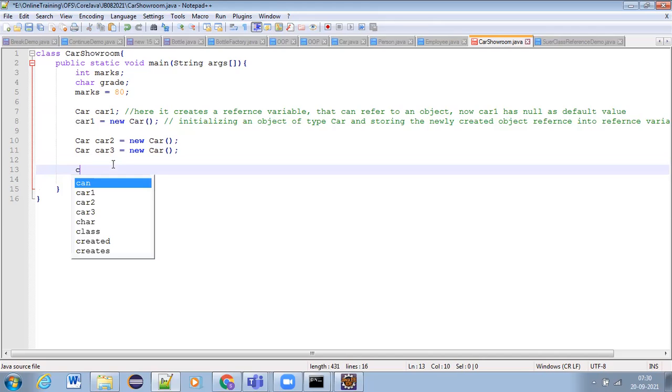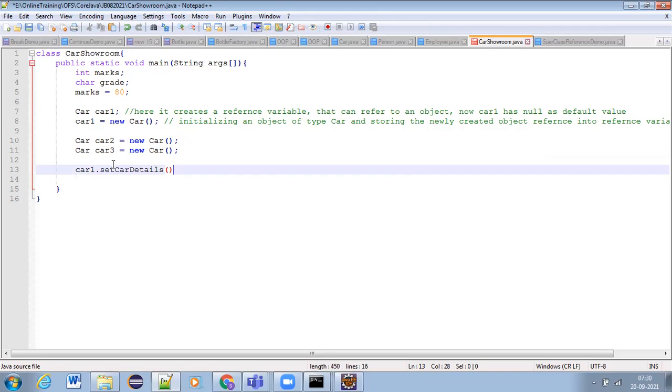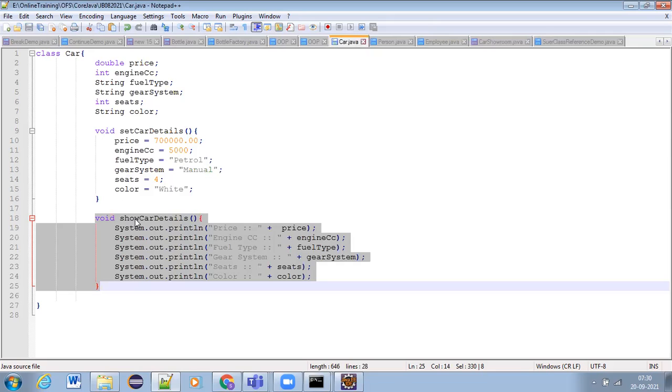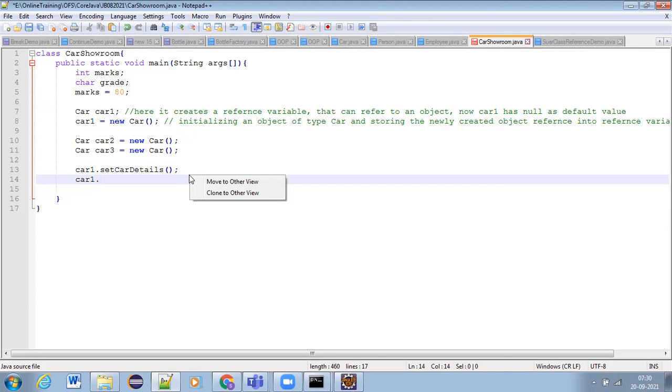So what we can do now here, car1 dot set car details. Set car details, right? In the same way, car1 dot, what is the other activity we need to do? We need to show the car details, right? So show car details, like this.